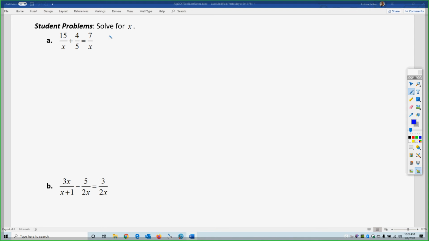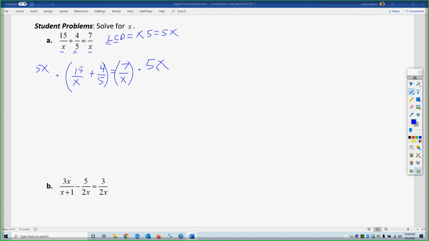Okay, student problems. Lowest common denominator. What they have in common is an x. What's left over is a 5, so 5x is the LCD. So we have 15 over x plus 4 over 5 equals 7 over x. So we'll do parentheses here and parentheses there, and times each side